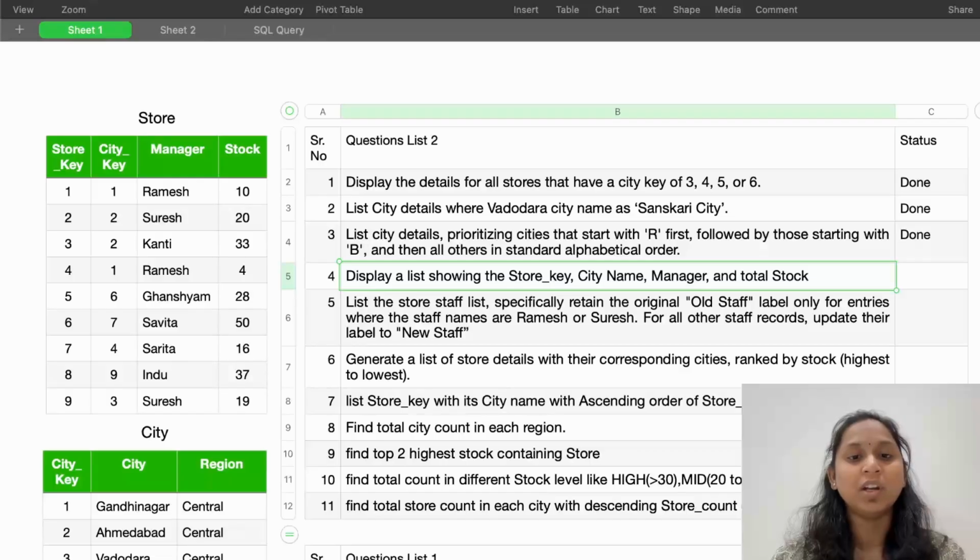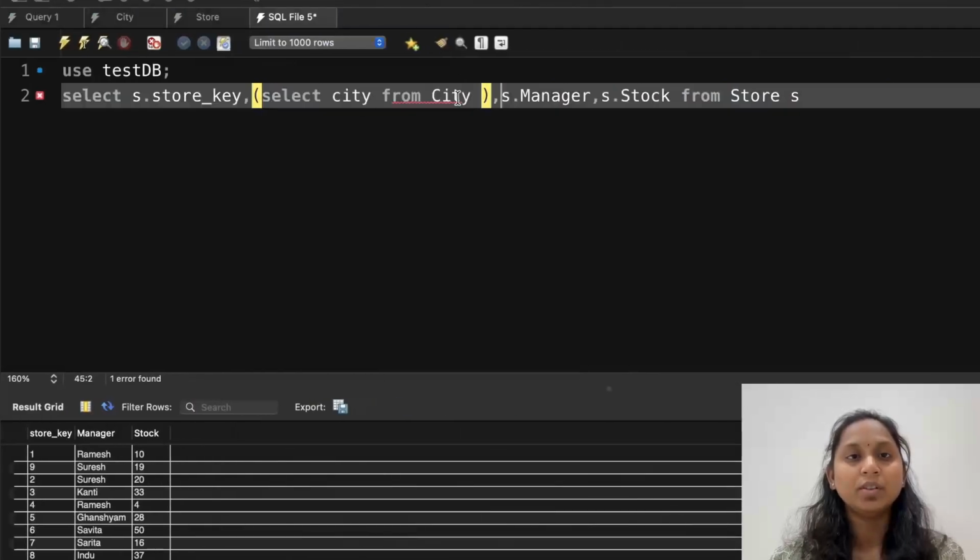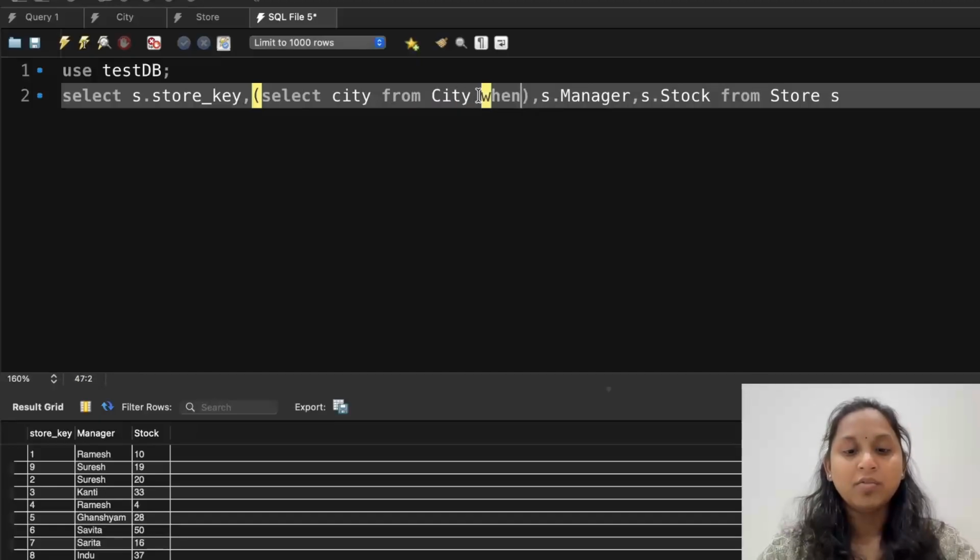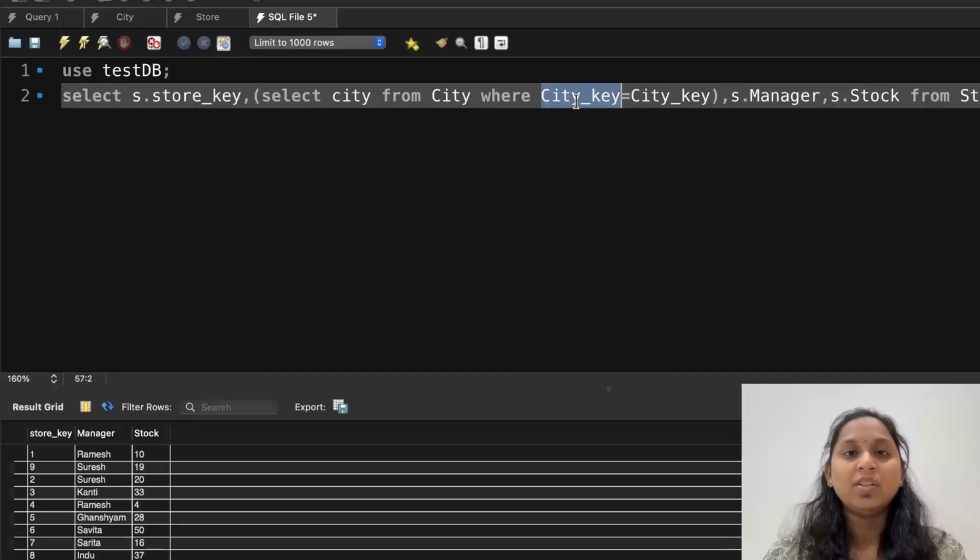How can I do this? Let me show you. Yes, now here I require a where clause. Why a where clause? Because without the where, how can I say that this is the same city key? I want to map that this city key belongs to the city table and this city key belongs to the store. SQL is smart enough that it will identify with the help of the prefix. Now can I use the prefix in front of this table? Yes, because this is nothing but a column from the store table. So I write C, I write S, and do I execute this line? It will work or not?